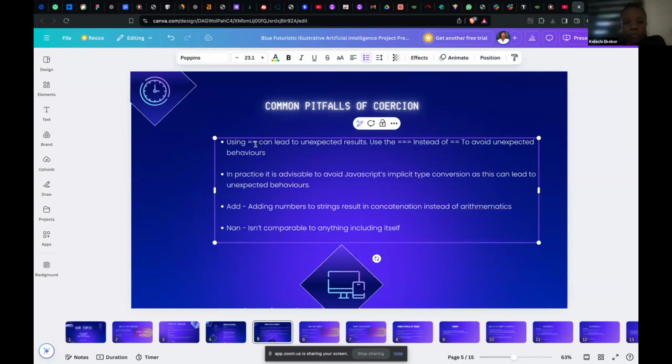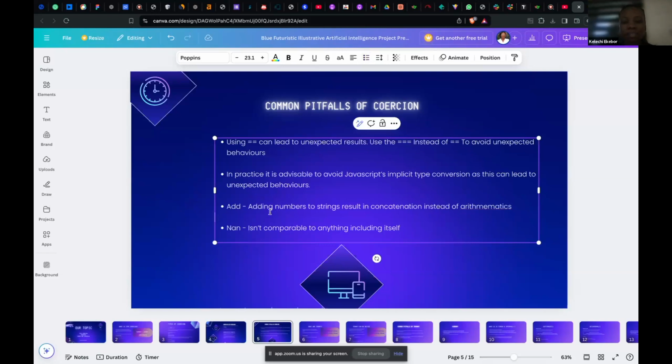And of course, we wouldn't want situations where you're not sure what's really happening. You want to have control of the result of the execution of your code. And the second practice is to avoid